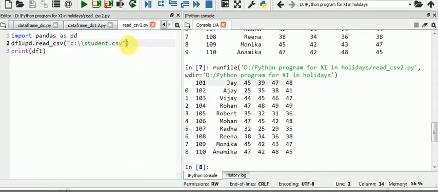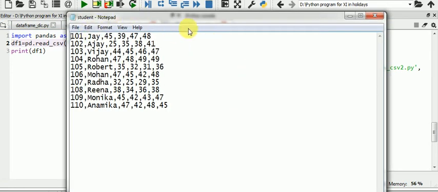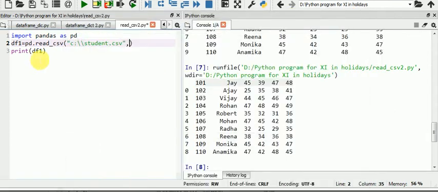Now here I want to assign my own names. In my file there is no header given, but in my code I want to give headers. For that you can use names is equal to and give your column names.